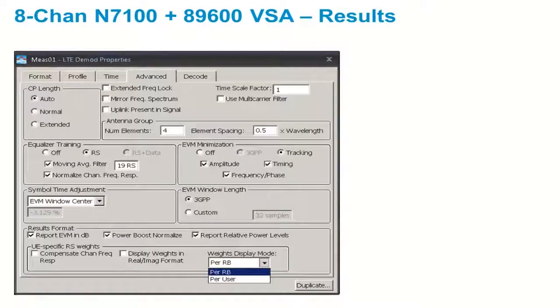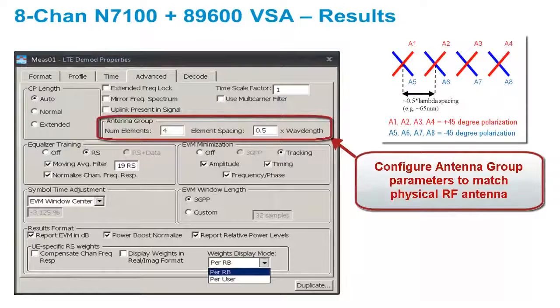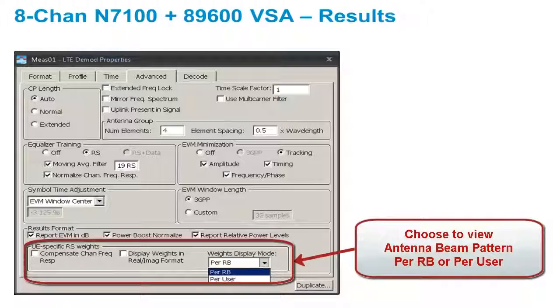Prior to demodulating the TD-LTE captured signal, we need to configure the 89600 VSA software antenna group parameter with the appropriate number of elements and spacing used to match our physical RF antenna configuration. As mentioned earlier, the beamforming weightings can be changing on an individual resource block basis. Therefore, we may choose to view the UE-specific weighting results on a per resource block basis or, alternatively, per user